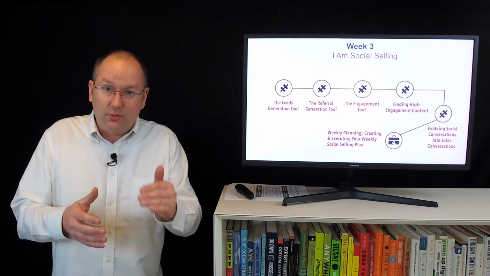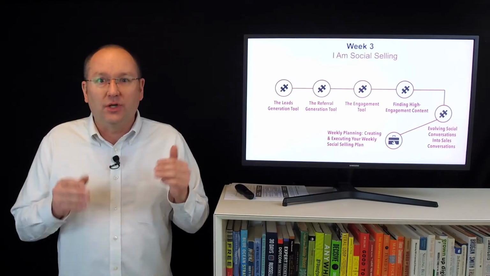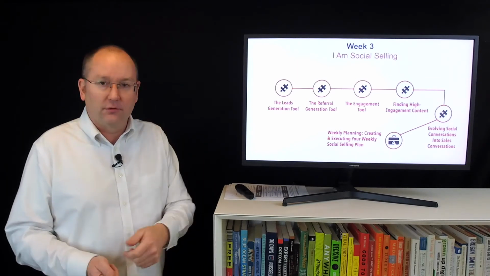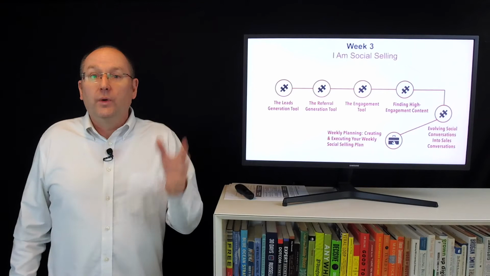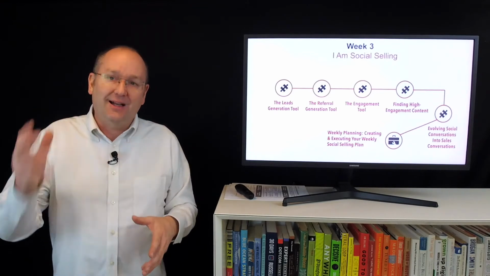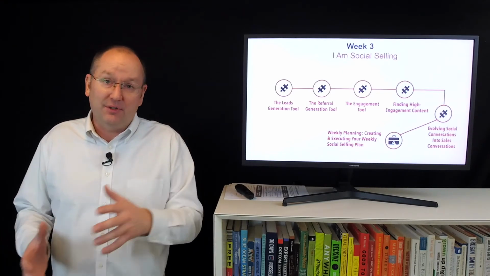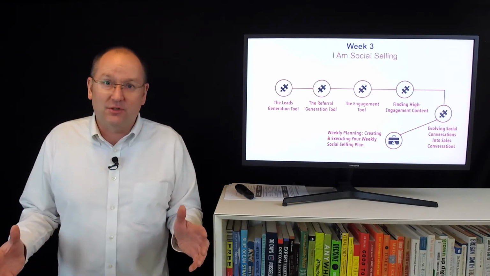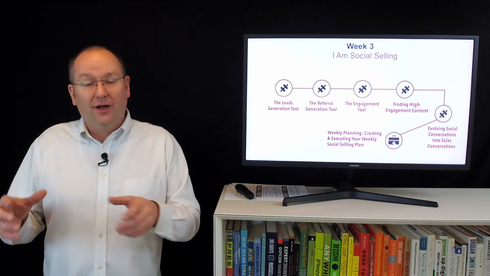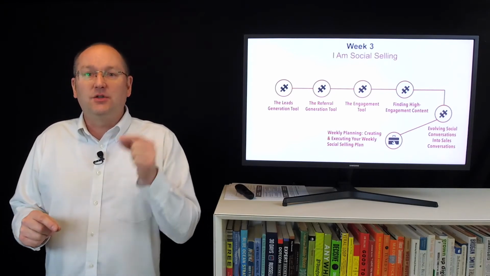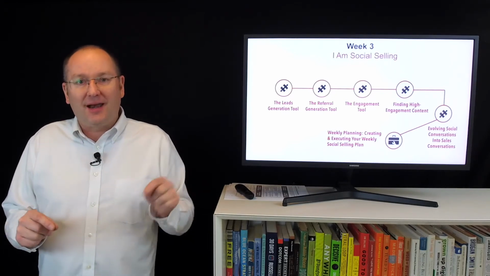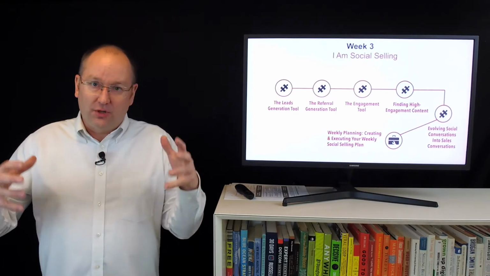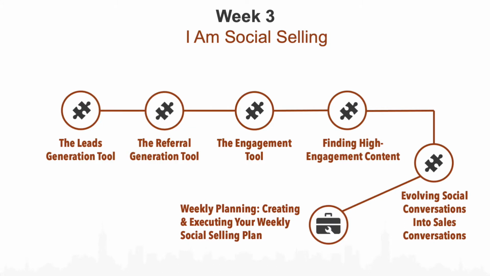So when the alarm goes off on your calendar and it's now time to do that, you know exactly what you need to do, and you can just get in, get it done, and then get back to selling or doing the other things like, you know, golf or whatever else is important in your life. So we want to make sure that you can execute this at the level. Some of you are going to say, I'm going to spend 3 hours a week. Some of you are going to say, I'm going to spend 5 hours a week. Some of you say, I'm only going to spend 30 minutes a week. Either way, you can use this tool to figure out what you need to do, and then map that out so that you are executing consistently and building to a very clear long-term goal.